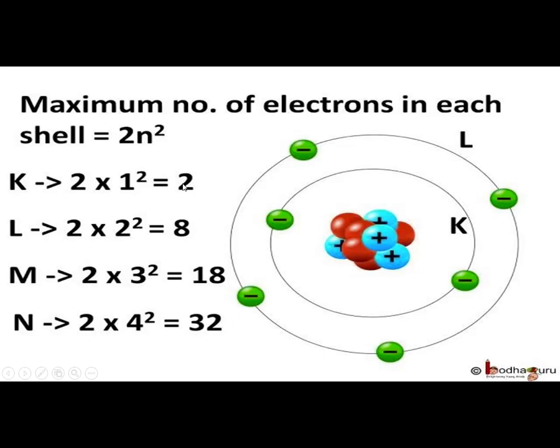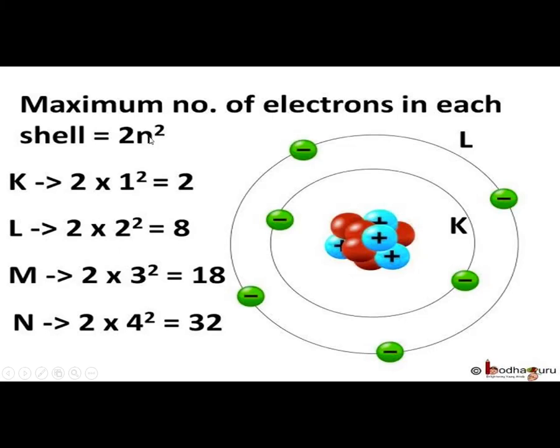K can hold just 2 electrons. You can see in this picture there are just 2 electrons. This is the K shell. Then the L shell. Sometimes this formula is just to remember or to calculate logically. If you forget how many electrons an M shell can hold, you just have to remember this formula, put the value of n, whether it is the third shell, the second shell or the first shell. You just put the value of n, calculate it, and you can find it easily. It is not difficult.